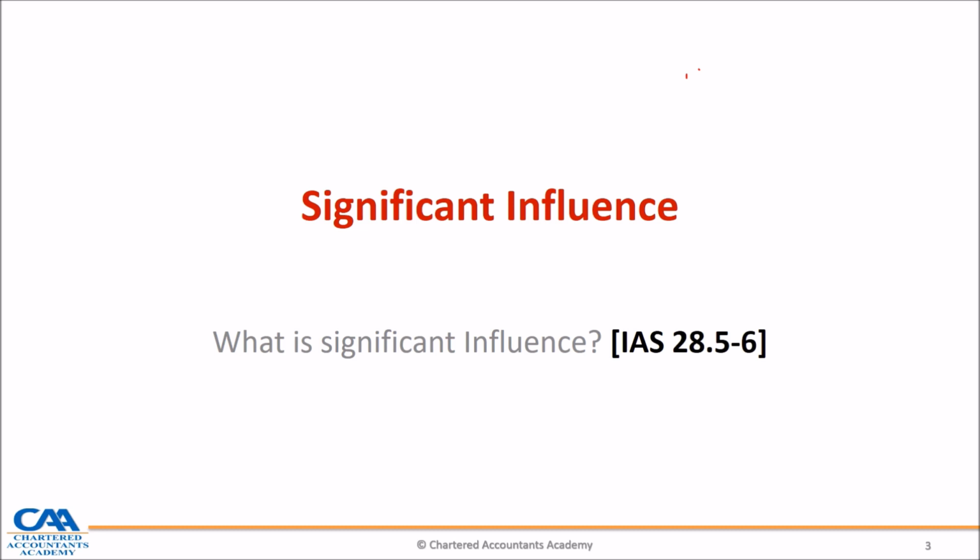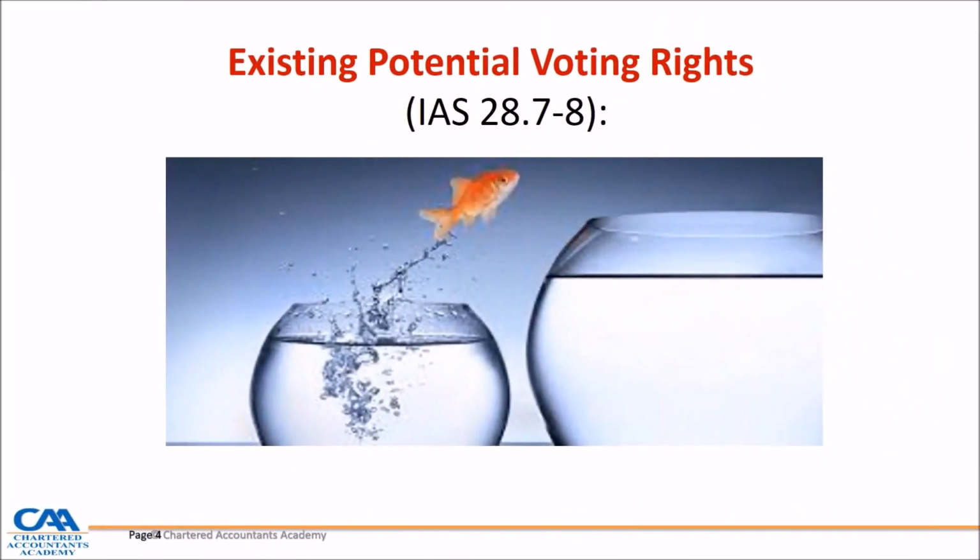So you've got IAS 28 paragraph 6. You see 6A, 6B, 6C, those are all the factors that you need to consider. Now, once you are happy that you've got significant influence, then you jump into equity accounting. Before we jump into the actual accounting part, let's also talk about